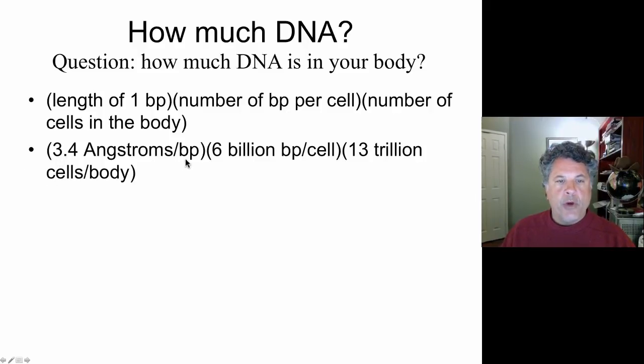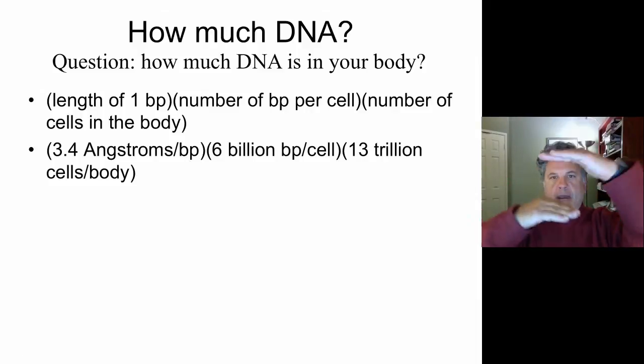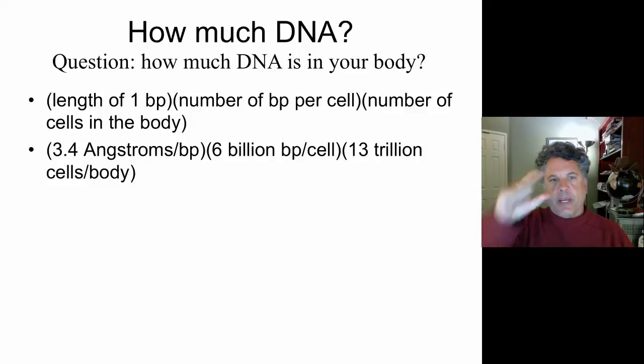There is 3.4 angstroms per base pair of double helical DNA. That is to say, as you move up the ladder of DNA, the base pairs are separated by 3.4 angstroms. And an angstrom is 10 to the minus 10th meters. So every base pair then is 3.4 angstroms in length. There are approximately 6 billion, actually a little more than that, 6 billion base pairs per human cell. The human haploid genome, one set of chromosomes, has about 3.2 billion base pairs. So since you are diploid and you have two sets of chromosomes, you've actually got about 6.2 billion base pairs per cell.